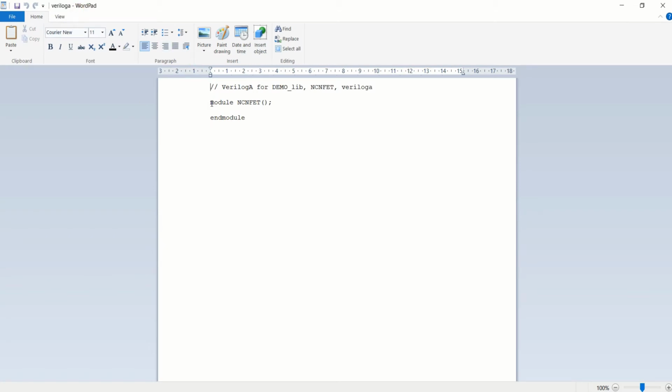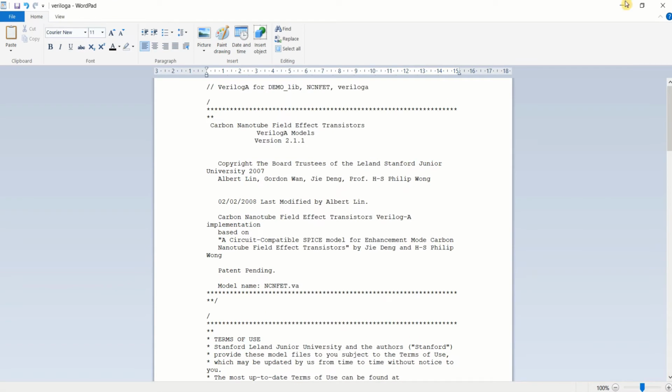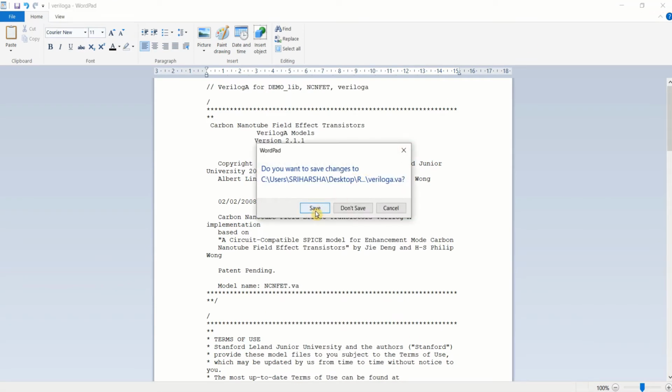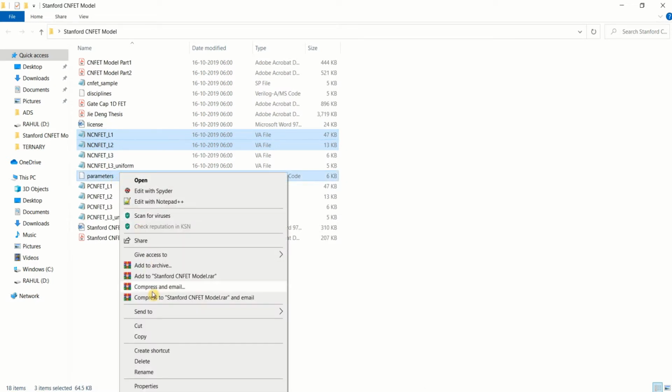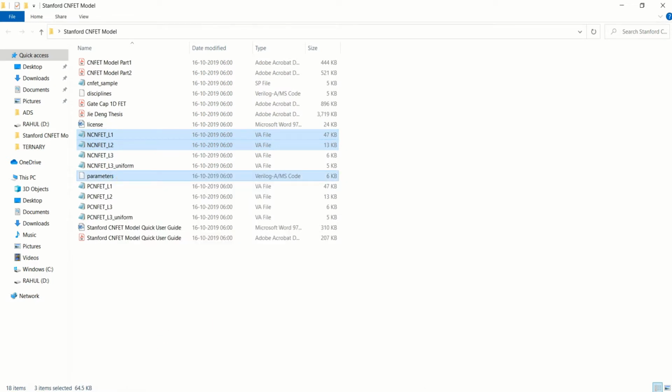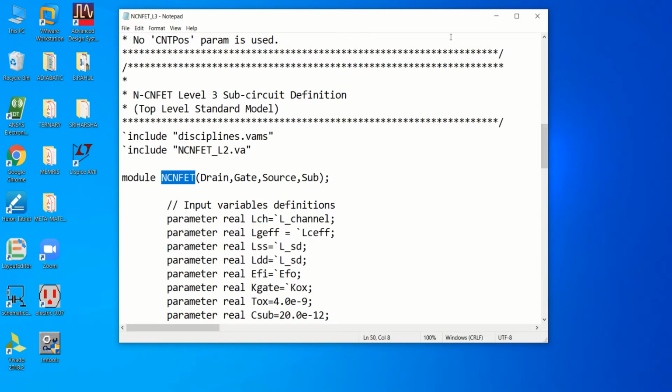For that, just remove this module and paste it. So it is pasted here. Click close or save it. Once the design is saved, copy L2, L1 and parameters. Just use right click and copy the contents to the desktop where we have created the library.